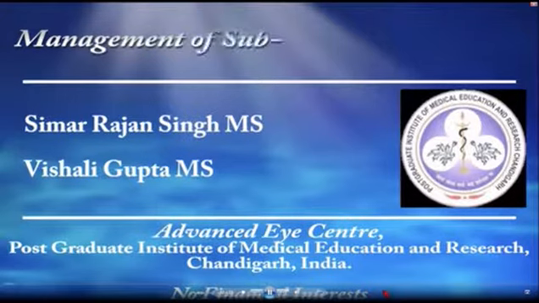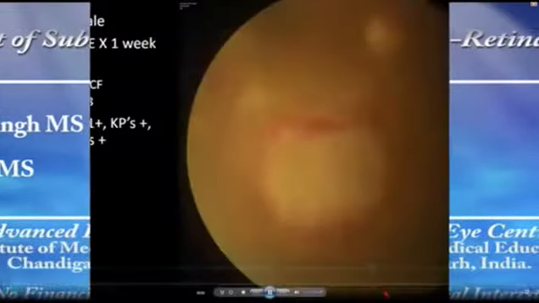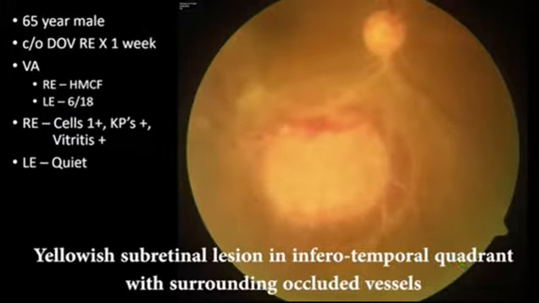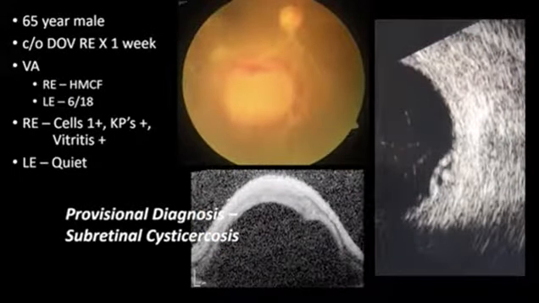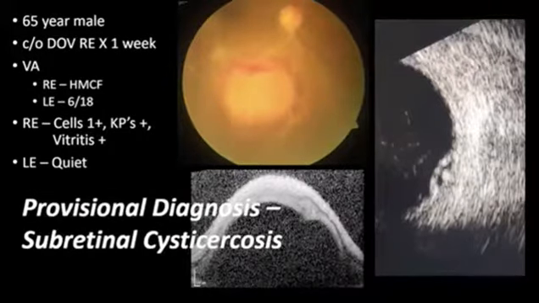In this video, we discuss a case of a subretinal lesion in an elderly male. A 65-year-old male presented with decrease of vision in his right eye for the last 1 week. Posterior segment examination revealed the presence of vitritis with a yellowish subretinal lesion in the inferotemporal quadrant with surrounding occluded vessels. A cystic lesion with the presence of a hyperreflective focus on multimodal imaging strongly suggested the diagnosis of subretinal